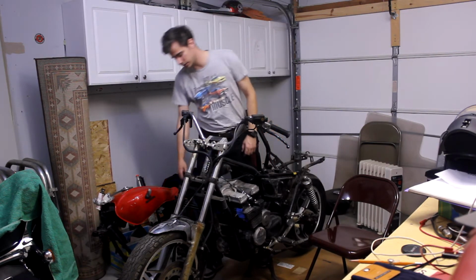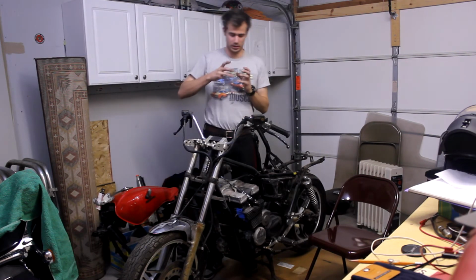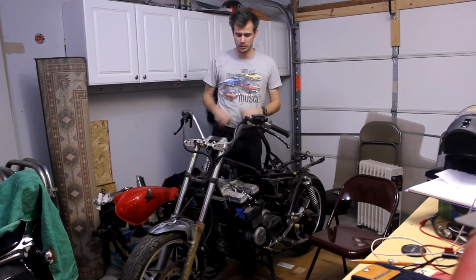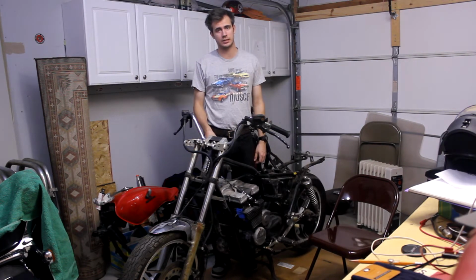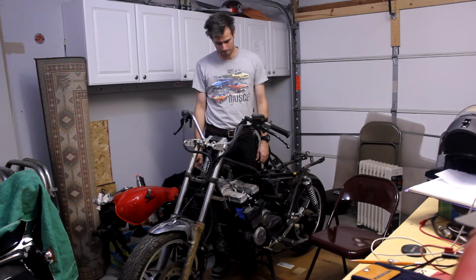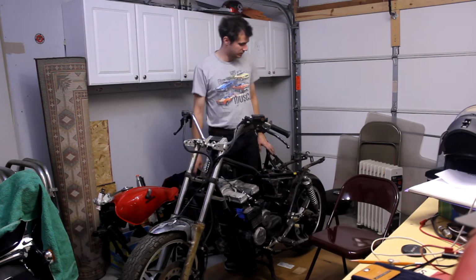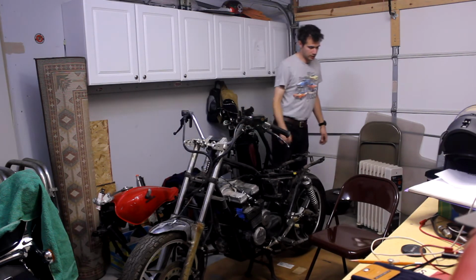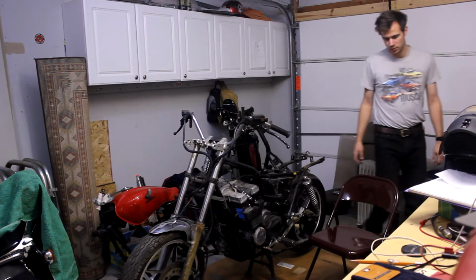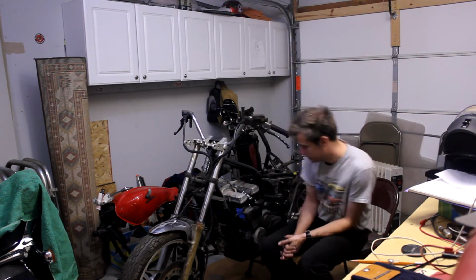Taking off the exhaust, it looks like I may have slightly bent one of the exhaust mounting bolts. So if you know if those are able to be replaced easily, I would love to know. Otherwise, I didn't get a chance to get the rear tire off or the fluids drained. I was spending too much time with the exhaust and the carburetors. I actually have some gas that leaked here,